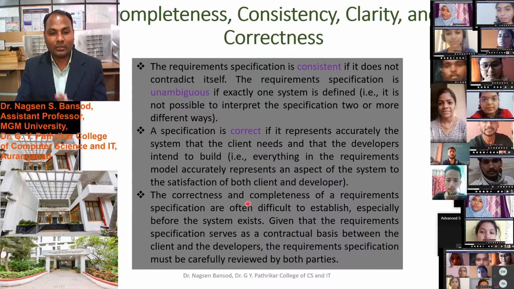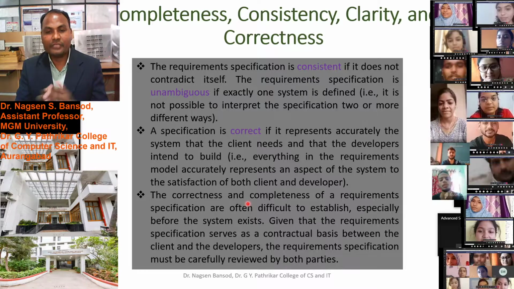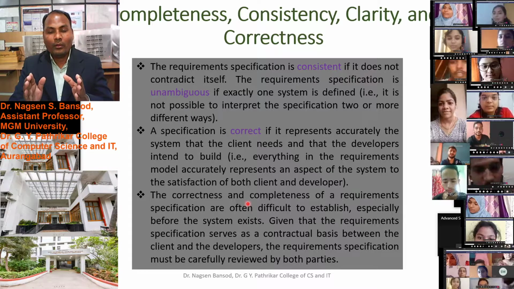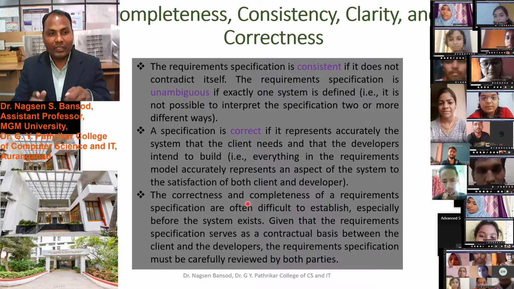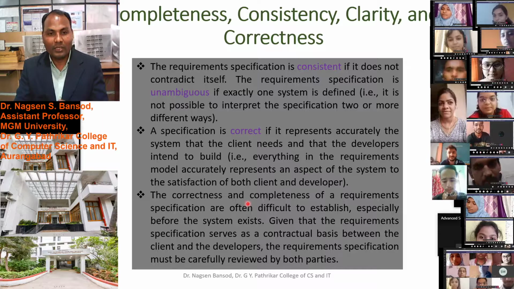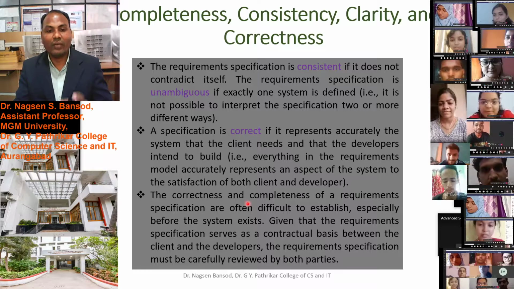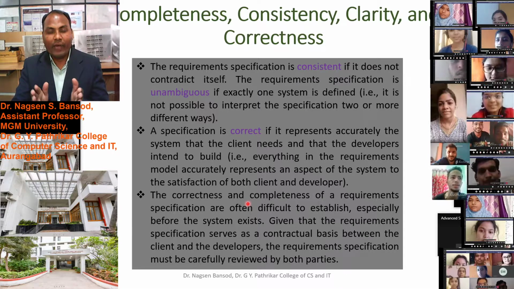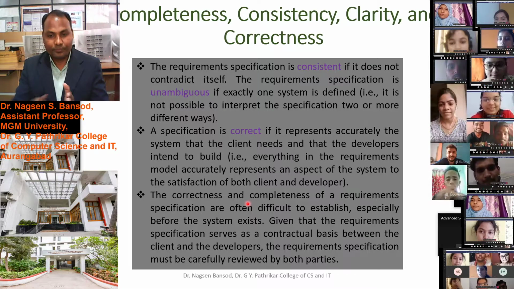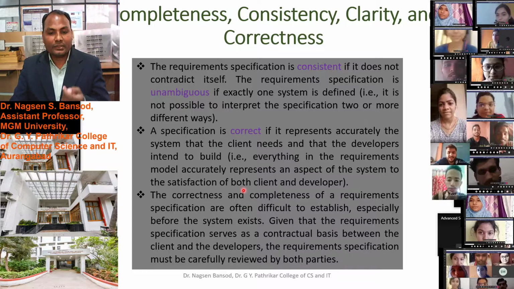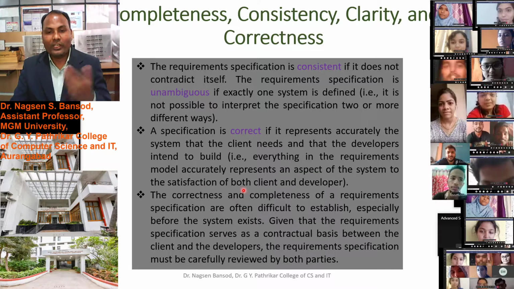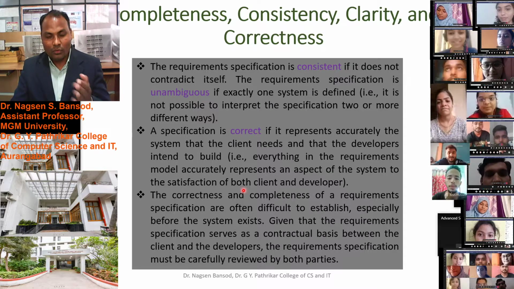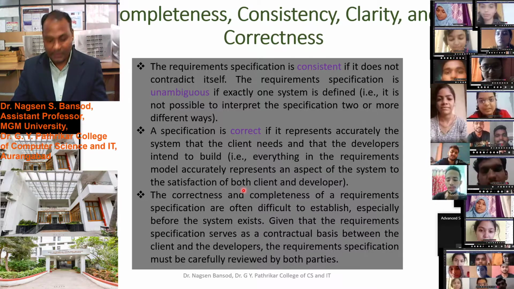It is difficult to establish correctness and completeness before development of the software, but we have to make the contract between user and developer with requirement validation. If our requirement is complete, then it is not difficult to implement the software, and it will not be difficult to find errors in that system.